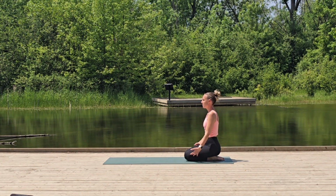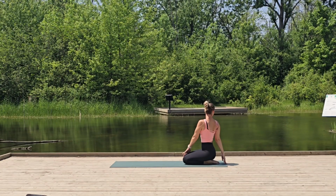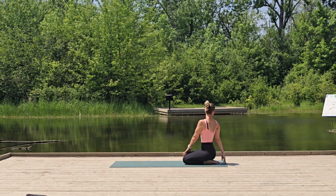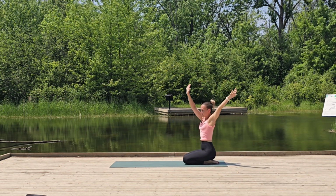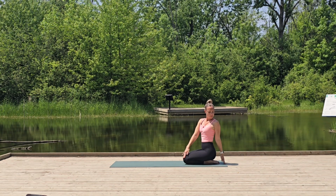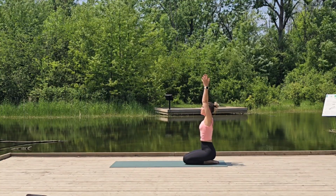Arms rise to the sky and gently twist to the right, left hand to outer right thigh. Come through center, then twist to the left. Return to center, press into the shins, rising up,